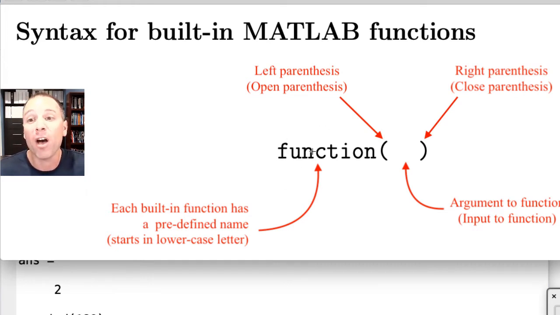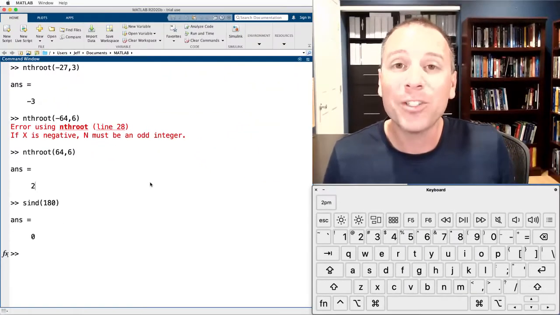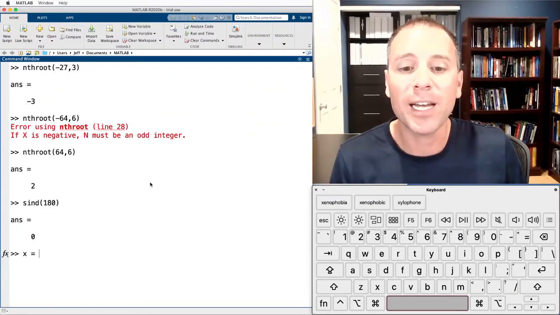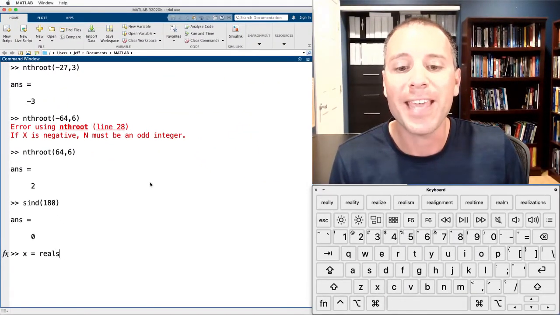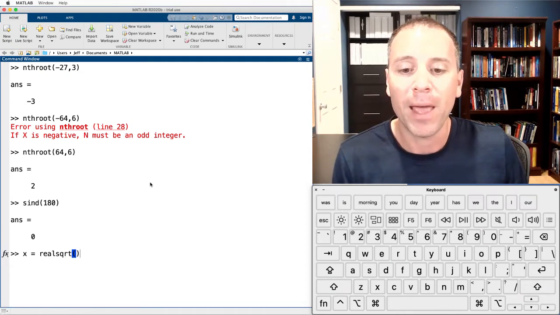After we write the function name, we're going to, no space, use a left parentheses or an open parentheses. Then, if you're typing the way that I would suggest, immediately do a close parentheses, bring your cursor back inside of that, and then type the argument inside the function. Every time we call a MATLAB function, we're going to use this pattern. I want to make 2 notes here. The first note is that sometimes we can actually store the output of a function as a variable.